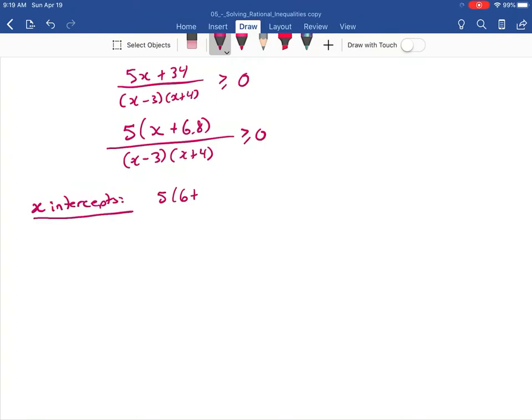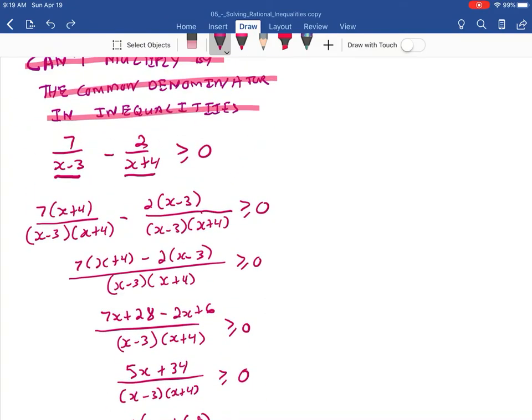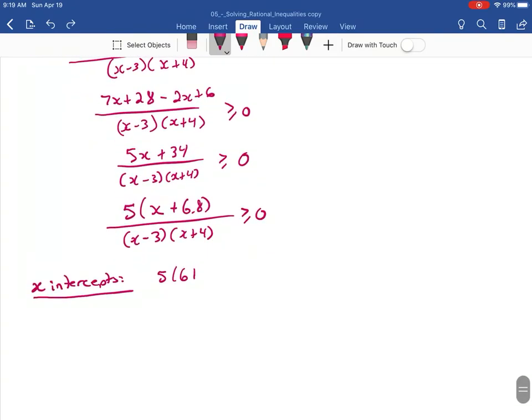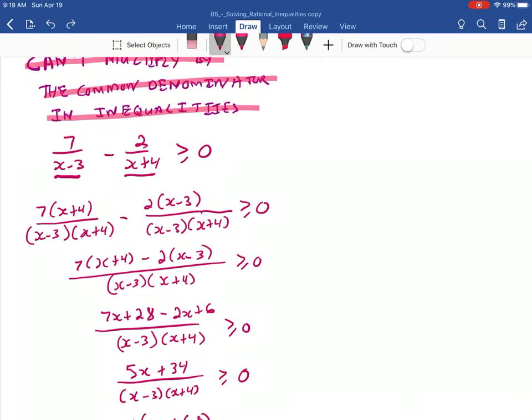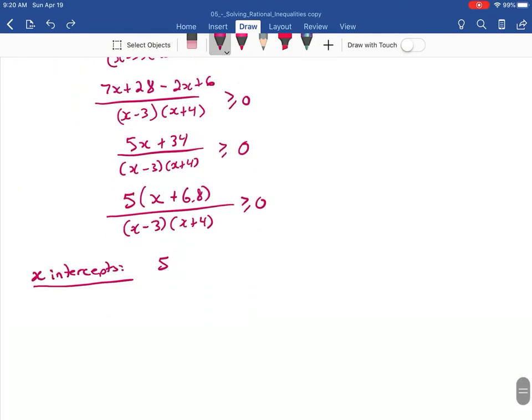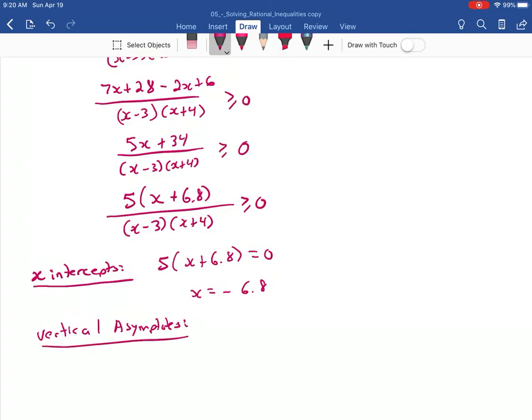The only things I need for the chart are x-intercepts. And so I want to know when 5 times, 5 bracket x plus 6.8, when's that equal to 0, and I get x equals negative 6.8. So I've got the x-intercept that I need for my chart, and I need the vertical asymptotes. So to build that chart, not for graphing, but to build that chart only, all I really need is the x-intercepts